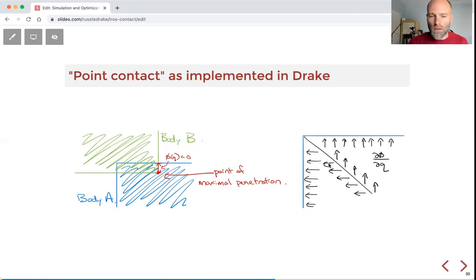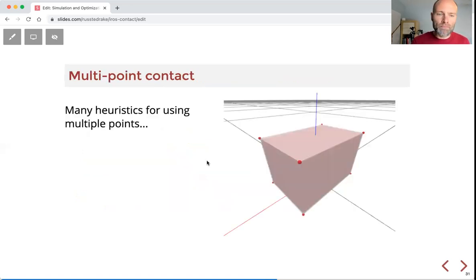In the particular approaches I've shown here, you might imagine that if my point of maximal penetration crosses the diagonal, then I can get an immediately discontinuous force. If I entered like this, I suddenly hit this diagonal, I get jettisoned out to the right or to the left of my screen. Okay, so this can make robots blow up.